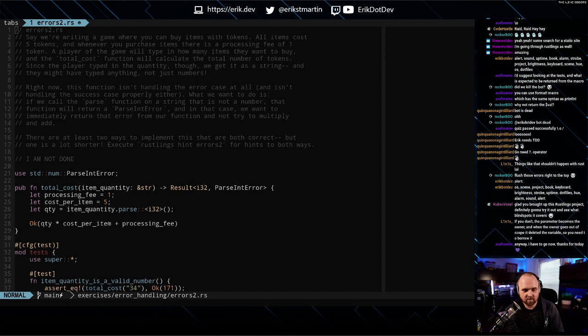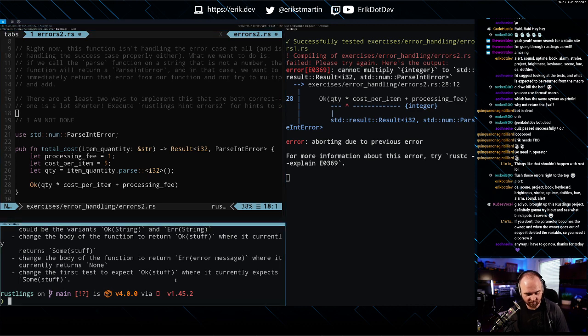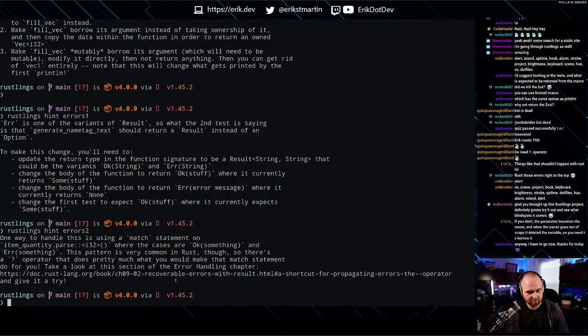There are at least 2 ways to implement this, and both are correct, but one is a lot shorter. Okay, so it says we can look at the hints and it'll give us both ways. So let's get an idea here what our 2 different ways of doing this are. Errors 2.